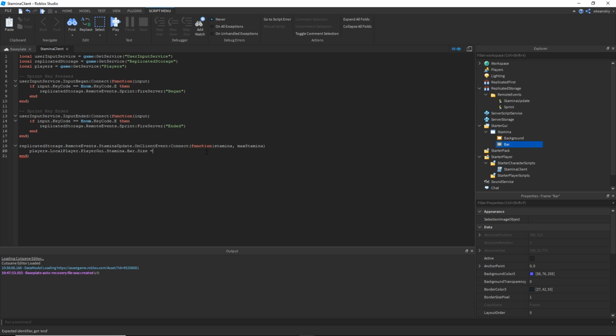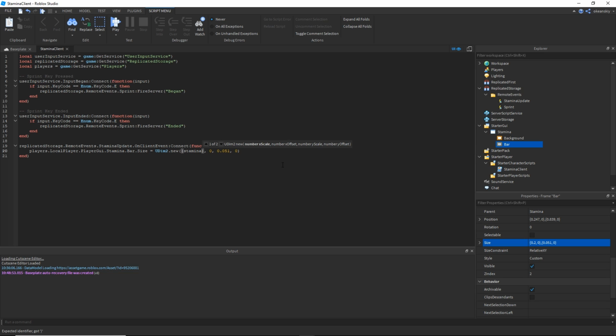And to change the size of a GUI part, you need to use UDim2 with a capital UDim2.new, and I'm going to go ahead and copy what I have so far, which is what it is right now, 0.2, 0, 0.0510. That's what it is right now. And then I'm going to change this one right here to something in parentheses, and we'll do stamina divided by